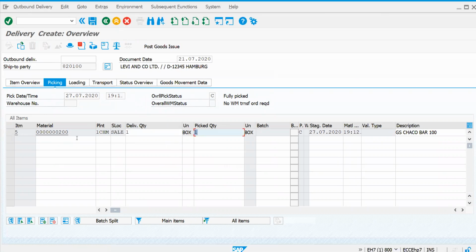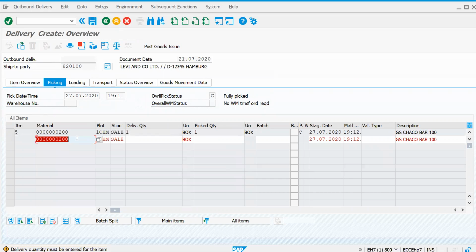Let's put this one. Now try to add another new line item, 1 CHM and sale. See what it's saying: delivery quantity must be entered 0. Let's enter this. See what it is saying: you cannot add any item to the delivery. Suppose in returns, if you're returning one material, you cannot add more items to the return. The customer will not allow you.